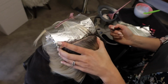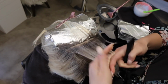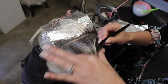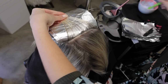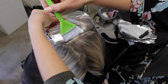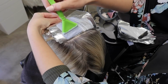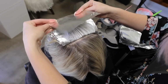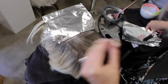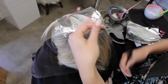And then again, leave this little baby light section out and go on to the next one. You guys can see these are very fine highlights. I'm not doing thick, chunky highlights. The reason why, again, is we want this to grow out as naturally as possible. The more fine you do your highlights while still packing a lot in there, will still give you the brightness the client wants, add that dimension, but without it growing out really chunky. So I'm just gonna keep moving down her entire part line till we get to the front,